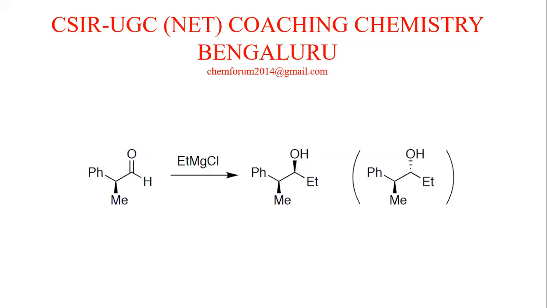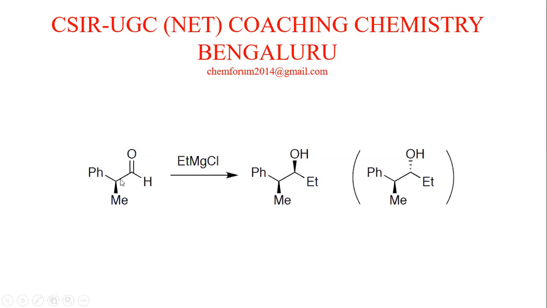So this is our reactant. If you view from the right side, you would first look at this carbon, then this carbon. This carbon is taken as the front carbon, and this carbon is taken as the rear carbon. The rear carbon contains three substituents: one is phenyl, the other is methyl, and the other is hydrogen.